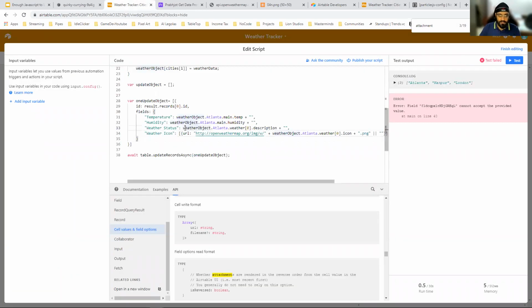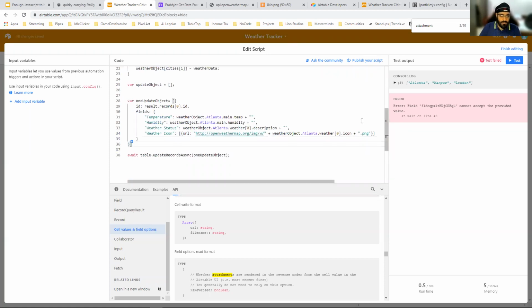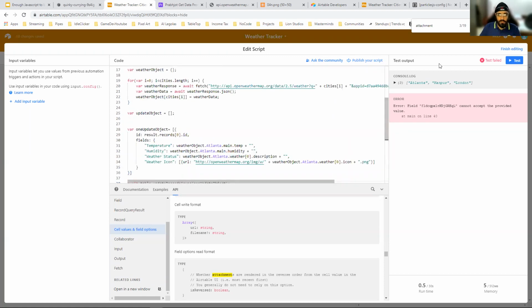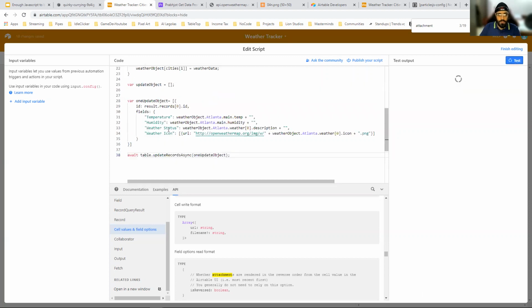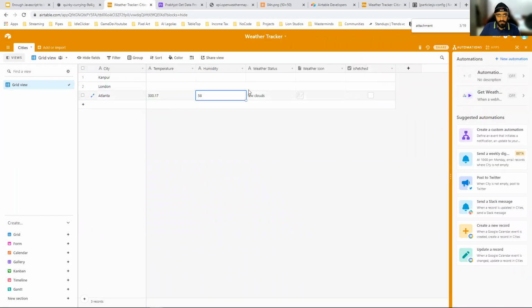So it expects an array. So it's an array of objects. So yeah, you have to give it a URL, and then everything else remains the same. Cool. Sorry for that. Cool. So now if I run this, it'll set up all of these fields in my table, and I can go and check. Right. So I got my temperature, humidity, flu counts, and my icon here.